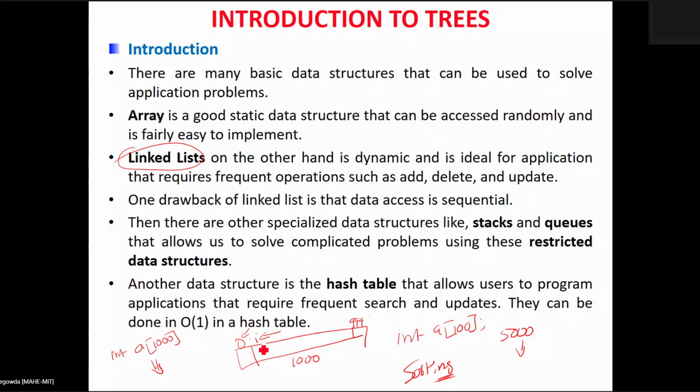As I have given the example for arrays, if you have 1000 elements and you want to delete the 0th element, you need to do 999 shift operations. So it is a time consuming operation. But in the case of a linked list, you can delete a desired node without shifting any other nodes. You need to make changes in the link field.